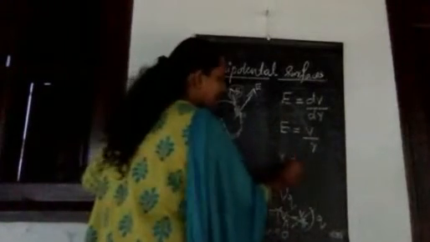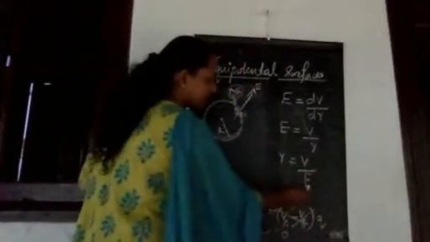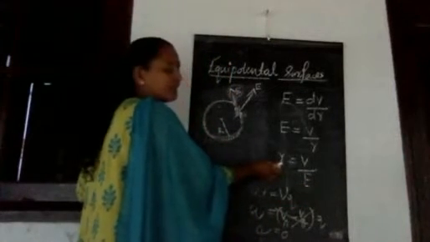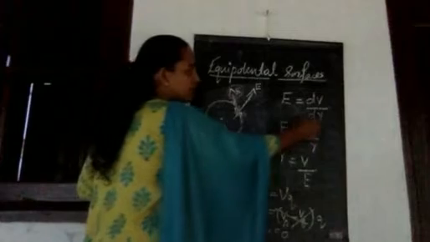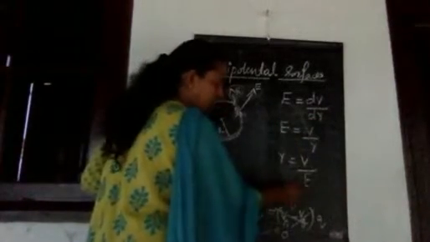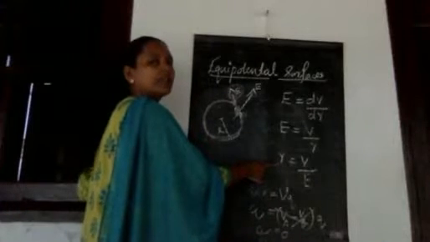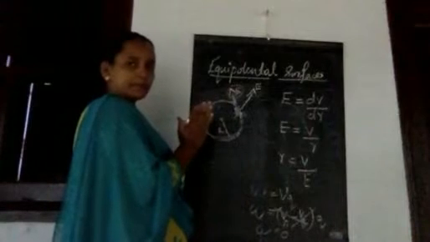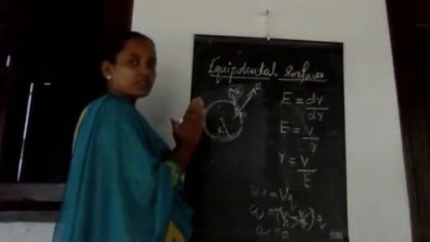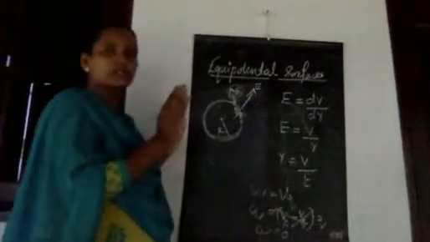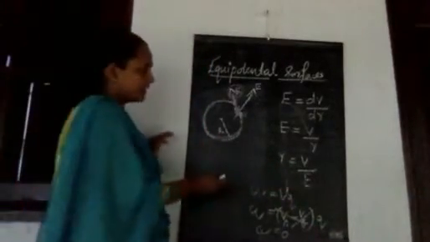So what is r? r is equal to V by E, no? So if the strength of the field is more, what will be the distance between the potential surfaces? Here r stands for the distance between the equipotential surfaces. So if the field is strong, the distance between the equipotential surfaces will be less. That means the equipotential surfaces will be close to each other. If the field is weak, the distance of separation between the surfaces will be more. So that is the fourth relation.